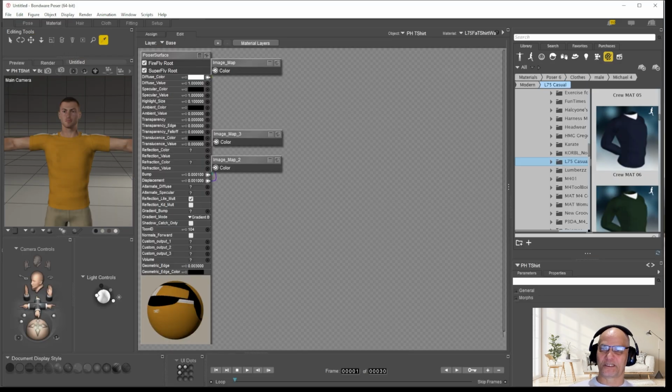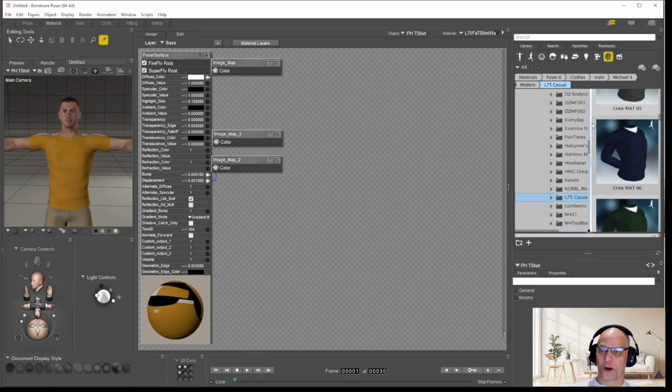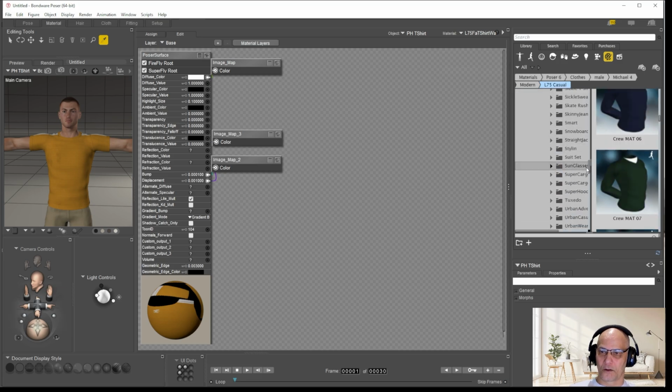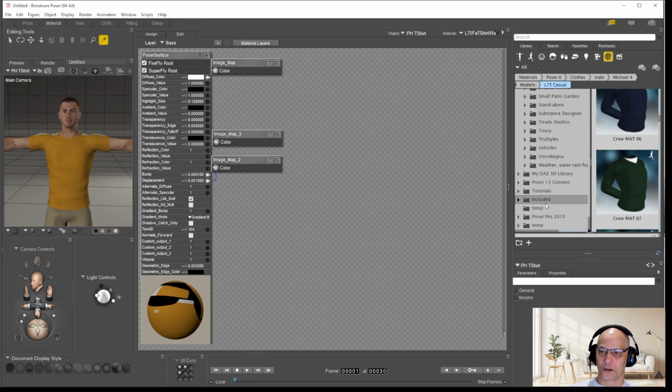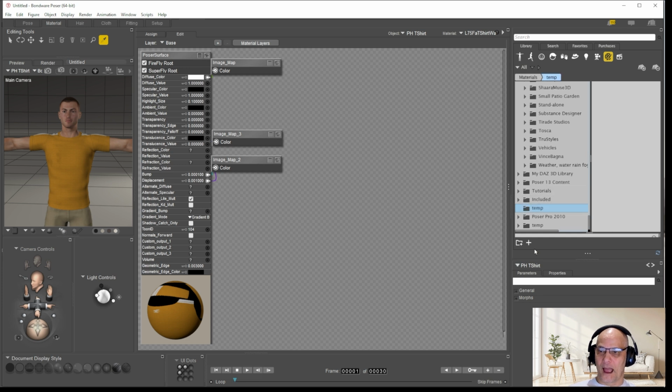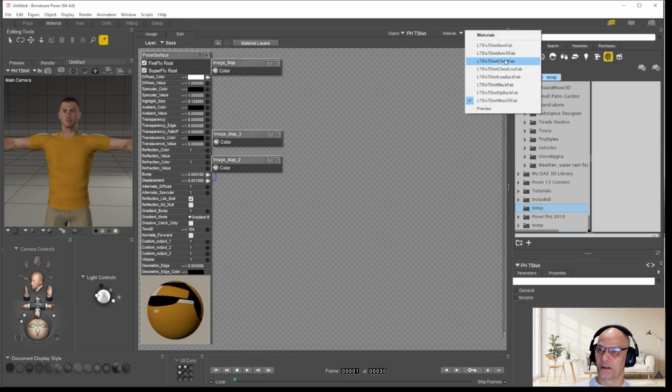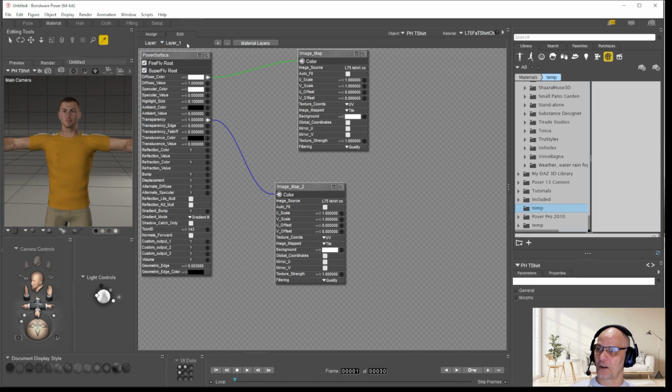I go back to the material room. Okay, so now I'm going to go to a different folder on the material room. I'm going to go to a different drive. And I'm now going to save that layer. So make sure I'm not in the base layer. Let's go to the chest again. Make sure I'm on the layer 1. I could rename this, by the way. Let's just call that,